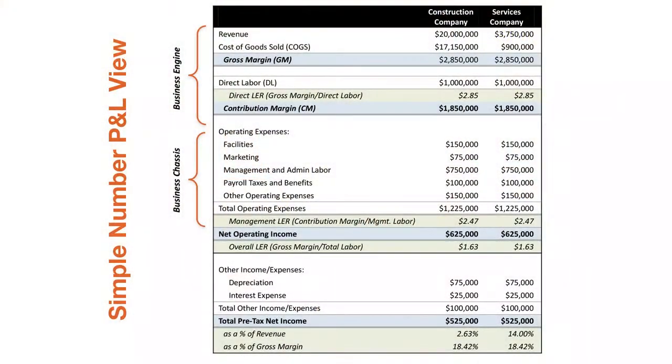So the next line item is direct labor. When we talk about direct labor, think of it as the people that you have in your business that face the customer, that do the things that you do or sell or produce. It could be warehouse people, it could be field representatives, it could be customer service reps. And think of it like this, we call it a butt in a bucket. I don't fractionalize people and put some of their cost up into direct labor and some of it in management labor below. I want to take a person and say, you are critical to this function and you've got to go here. And then by default, everybody else goes in the management labor that we'll talk about here in just a bit.